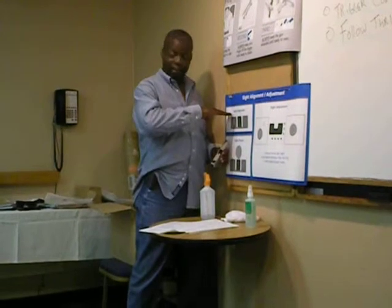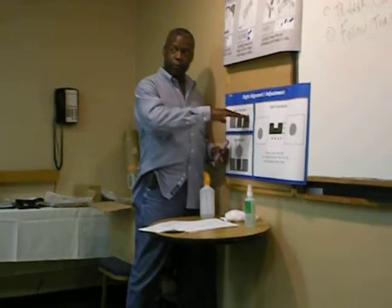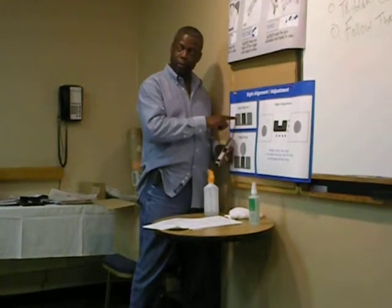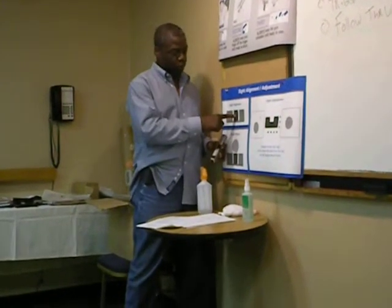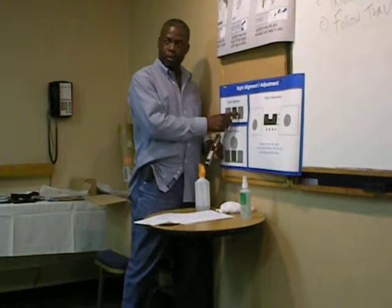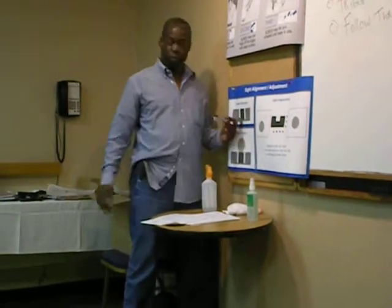I can either look at the top edges of all three of my sights and verify they're level, or I can look at those white dots and make sure those white dots are straight going across. I got white dots going straight across, that means my sights are level. Also, you want to make sure that this front sight is directly in the center of these two rear sights. If I know that my sights are centered and level, that means I'm going to shoot what is directly